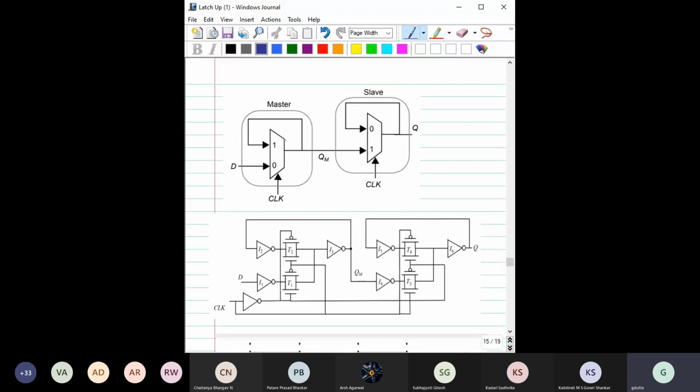Okay. So basically what we are discussing is this one only, right? We have one master, and the next one is the slave. Whatever is the input during this clock equal to 0 would be transferred to here. When this clock becomes 1, it is going to remember that state, right? Now, we have also seen the circuit. Fine. Now the question is,